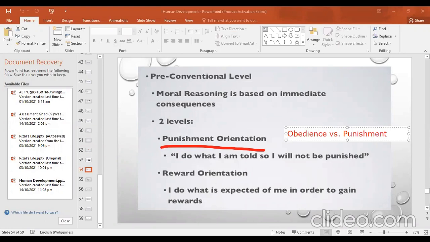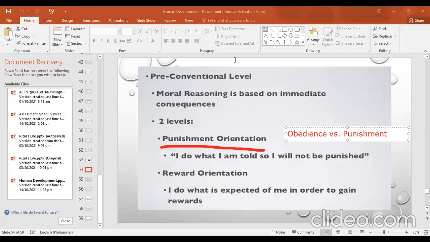Halimbawa, sa school, kapag sinunod mo yung teacher mo, hindi ka niya papagalitan. Kapag sinunod mo na may assignment ka, hindi ka niya papagalitan. Or kapag hindi mo inaway yung classmate mo, hindi ka ma-report sa guidance office. Okay? That is what we call as obedience versus punishment. Next, so level 2 ng pre-conventional level,